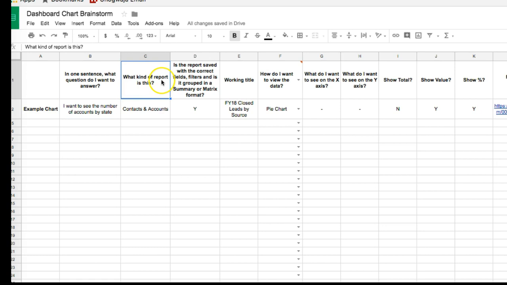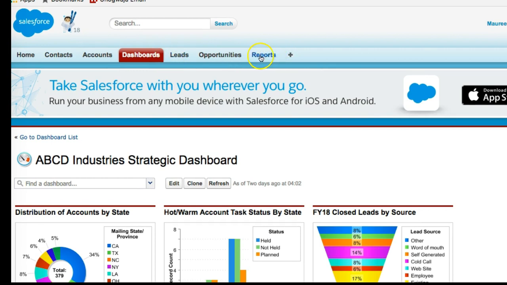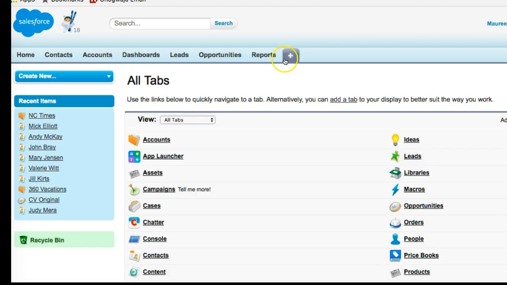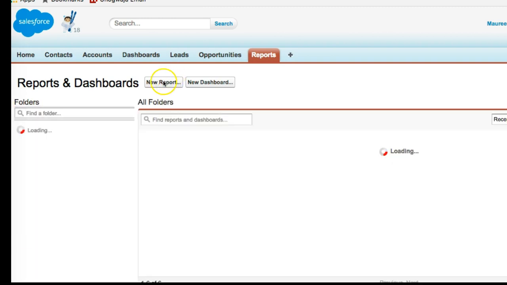So, what kind of report could this be? This is a contacts and accounts report. And you may not know all this information up front, and if you need to explore, what you can actually do is go up, and if your report is not automatically on your home page, you can click this plus sign and look for reports. In fact, I'm going to use Control F, type in reports, click go, and here I am by reports. And what you can do is actually click new report,